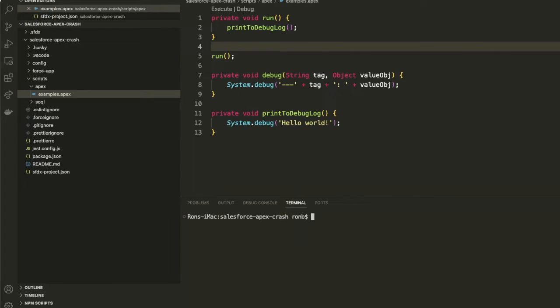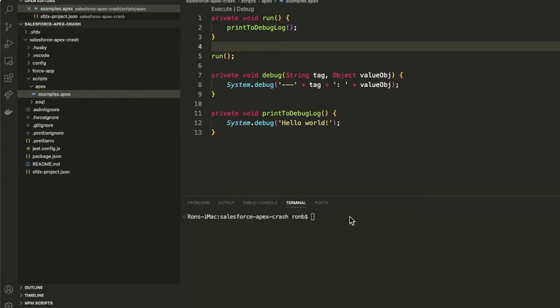So now the next thing we want to do, as I mentioned before, is run this anonymous script. We want to execute this anonymously so that we don't have to compile it directly on the server. Again, that step of authorizing our org was just to set up the connection with Salesforce in the event that we do need to compile something directly on the server, so that we don't forget to do it later on. So next up, we want to execute this script anonymously